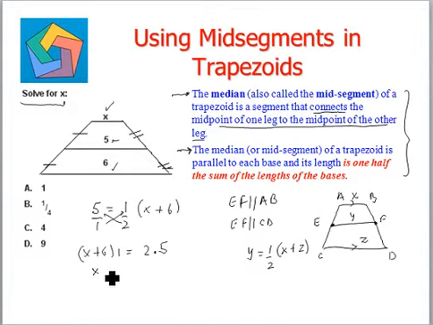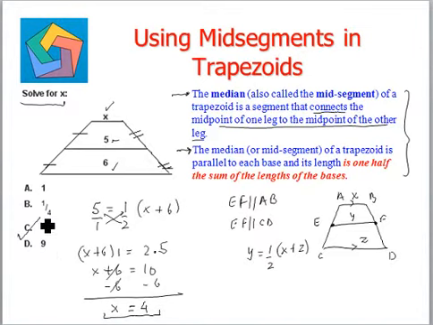x plus 6 equals 10. To find out the value of x, we subtract 6 from both sides. Plus 6 minus 6 is 0. x equals 10 minus 6 equals 4. Therefore, x equals 4 is the final answer, which can be seen in option C. Moving on to the next question.